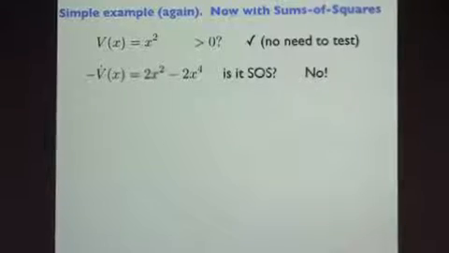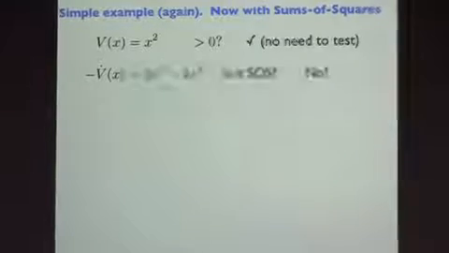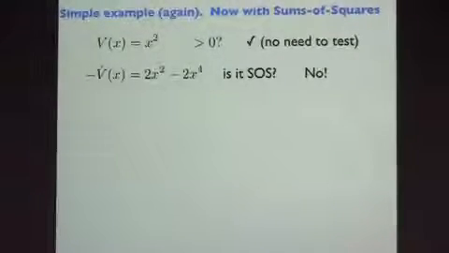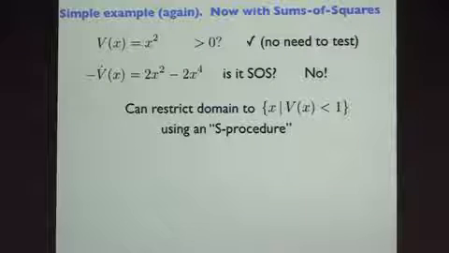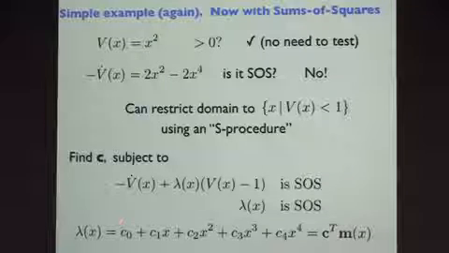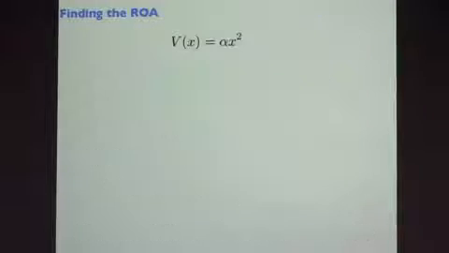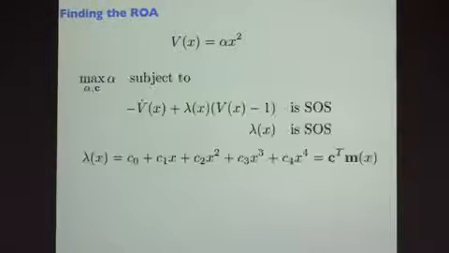This thing isn't always greater than 0, but I can play one more trick to ask, is it greater than 0 just in the domain -1 to 1? I'm going to just put it up quickly, but you can restrict the domain in these optimizations using things like the S procedure, which is like a Lagrange multiplier problem, another simple sums of squares problem that you can solve. This is restricted to that domain, and that will say yes. I can search over the Lyapunov function by putting 3 parameters in my Lyapunov function, and then asking to maximize the